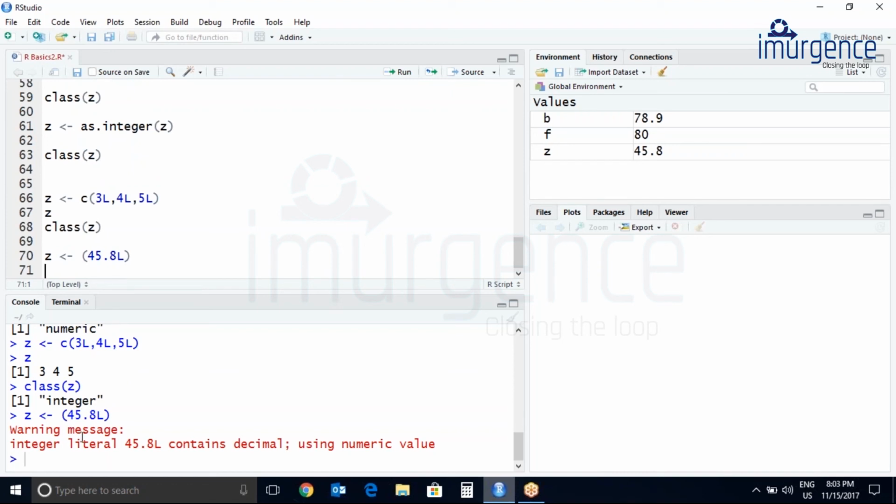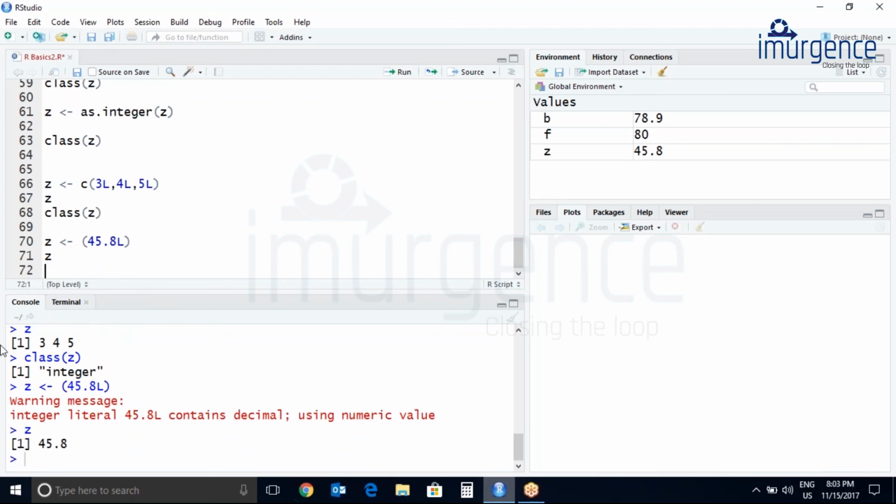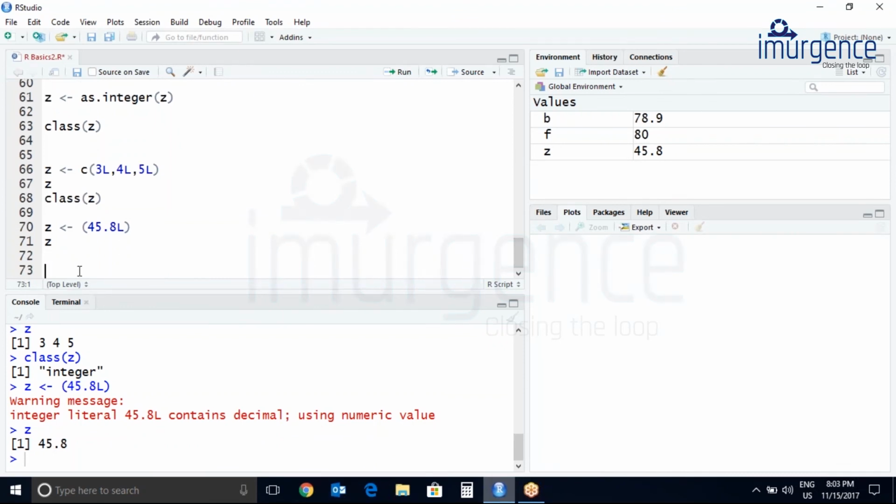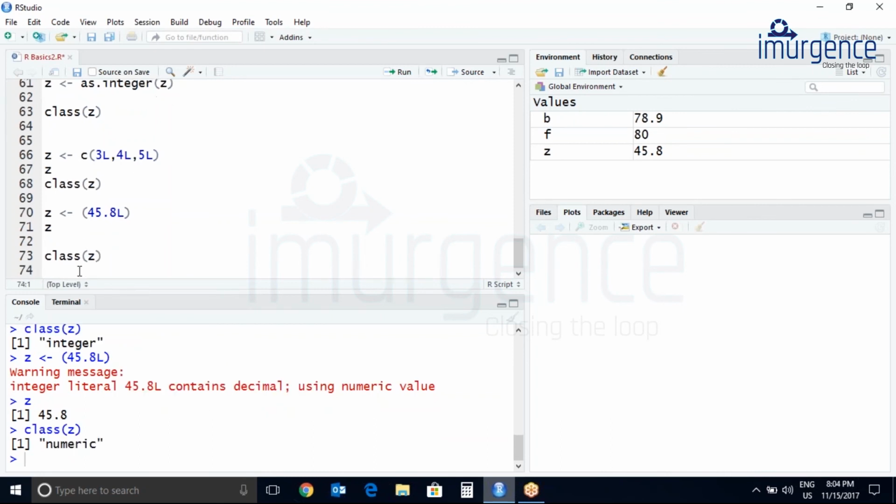R is giving me a warning message: integer literal 45.8L contains decimal. So it will convert into numeric. Let's see what is the value of Z now. It's 45.8. Here also you can see the value is updated to 45.8. It is not converting it into an integer. Let us see the class of Z. Here the class of Z is numeric.